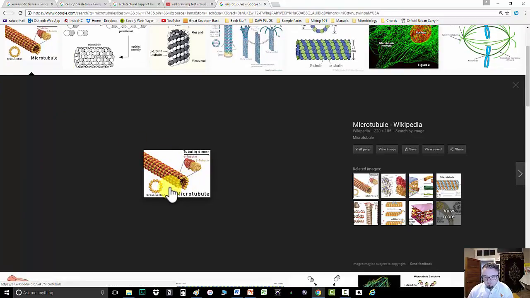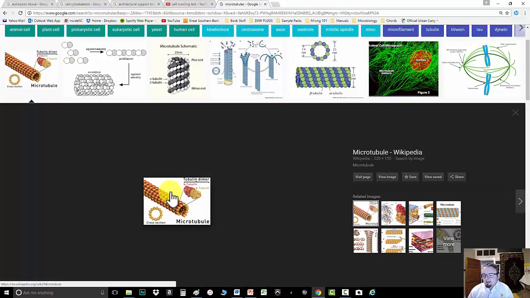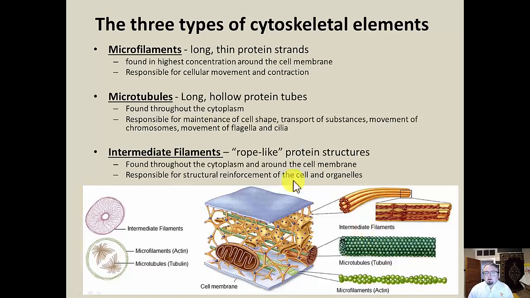Here's a cross-sectional view made up of a couple different proteins called tubulins. So these literally create almost like a PVC pipe type structure, which is hollow on the inside, and that then allows it to serve its function, which a lot of times is part of the overall shape, but it helps to transport substances and allows for movement of things in and out of the cell. It also is a part of the flagella and the cilia in eukaryotic cells that we're going to talk about next. So it actually helps to create a new structural complexity of the flagella that helps it move back and forth. So we'll see that here in a second.